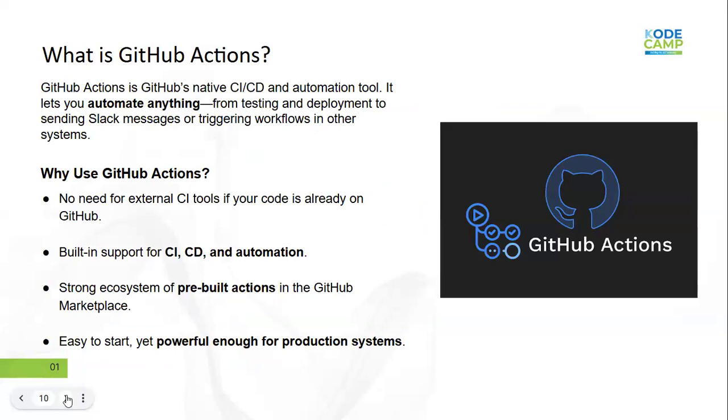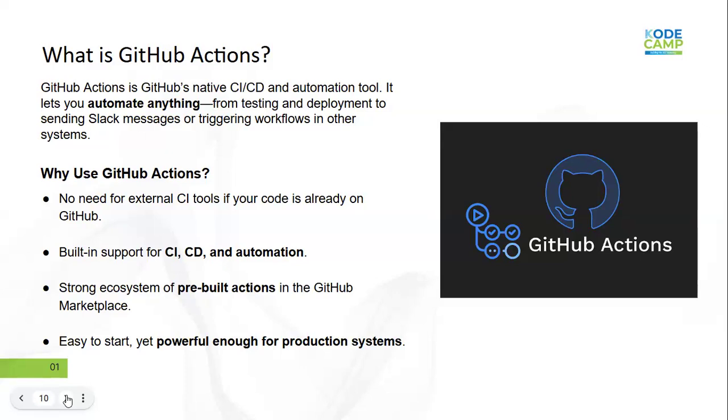Why use GitHub Actions? One, no need for external CI tools if your code is already on GitHub. Simple. GitHub is the biggest code repository in the world. I feel like this was even what blew up their market, because if I deploy an application to GitHub, I will not still be thinking of how to install and configure Jenkins. Doesn't make sense. So when they introduced Actions, boom, it blew up, because once my code is on GitHub, I can just create an action and my CI/CD system works.